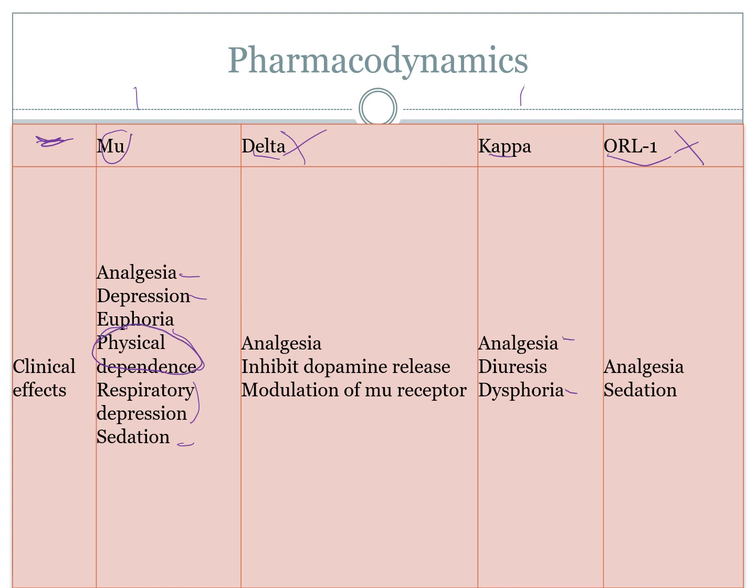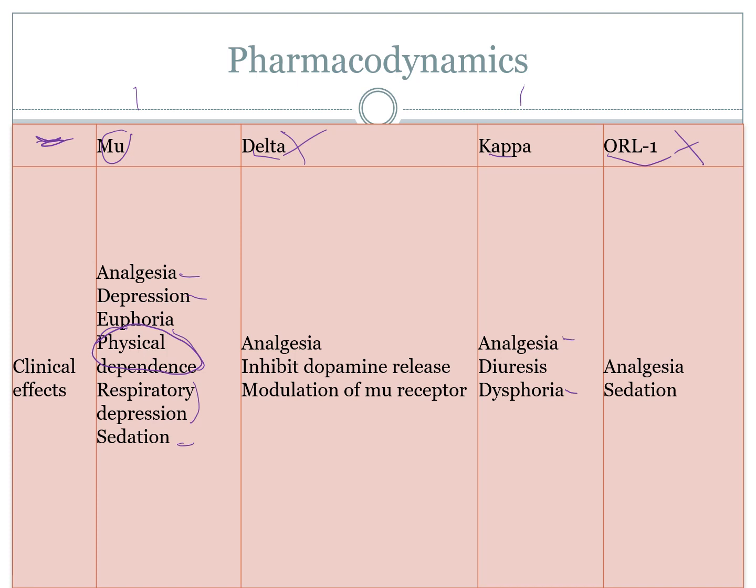Now, it works the way most other lock and key mechanisms do. The actual opioid will come along and bind with these receptors. Now, an opioid receptor is made up of a series of transmembranes. Okay, so there's around 7 transmembranes, and they're coupled with inhibitory G proteins. Now, if you want to look more into G proteins, knock yourself out, you'll spend the rest of your life trying to learn about them. Now, the important thing is when this membrane is activated, it pretty much fits into a cycle linked to adenosine